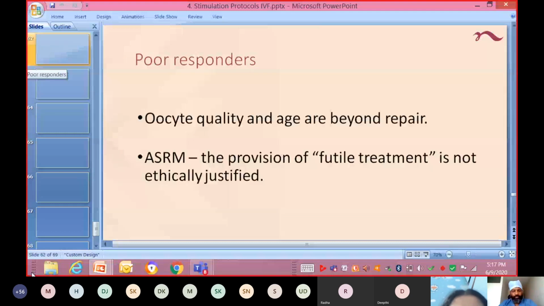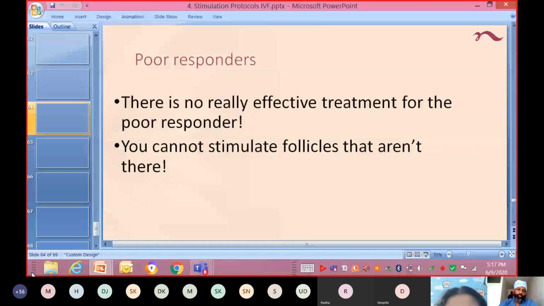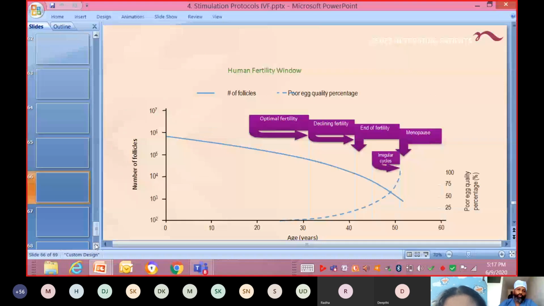So what about combining letrozole with CC, sir? So letrozole, the best advantage is monofocal development and no headache of having a thin endometrium. That is important, and we see it helps a lot. So generally we use letrozole now because we don't want too many follicles in the IVF cycle.